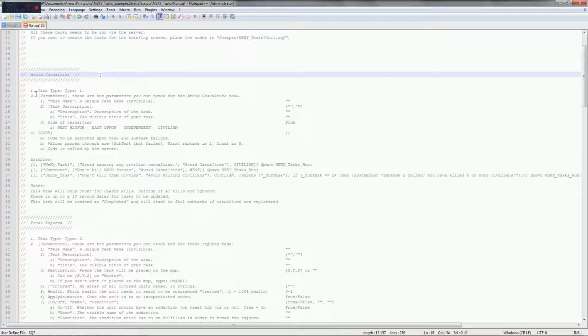And number one, the task type. This needs to be defined for my task to know what it's going for. So I'm just going to enter 1, comma, that's the first parameter. The second one is the parameters that are specified for this task. So we're going to do another open bracket,